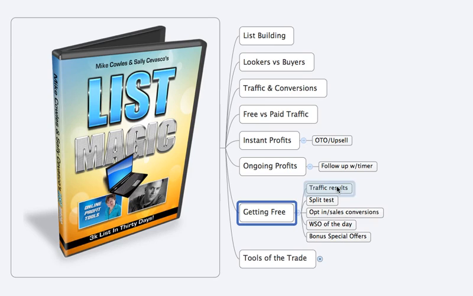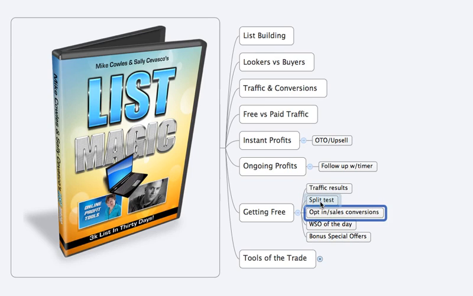And what they're doing is they're logging in every day and checking the traffic results. You had, you know, 488 people visit your site. In the split test, squeeze page A did better than squeeze page B. Offer 1 did better than offer 2. That kind of thing. They're telling you your conversion rate was 29% on this page and 38% on that page, and your sales conversions for your OTO and for your upsell, what those are converting at. So you're getting all this, so you know exactly what to do next as far as your split testing.